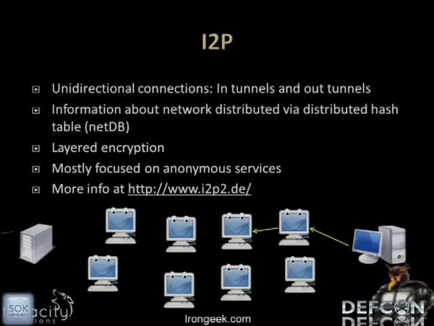I2P, on the other hand, is a little bit different. Instead of using bidirectional tunnels, where you build a circuit and it's both your in and your out, it has unidirectional tunnels, where basically you have a series of out tunnels. You send something out and you send it into someone else's in tunnels. And you have in tunnels of your own, which information is coming to you from other people's out tunnels. This unidirectionality is there to hopefully mitigate some traffic analysis attacks, because you have to compromise more nodes in the network to figure out who's talking to who.